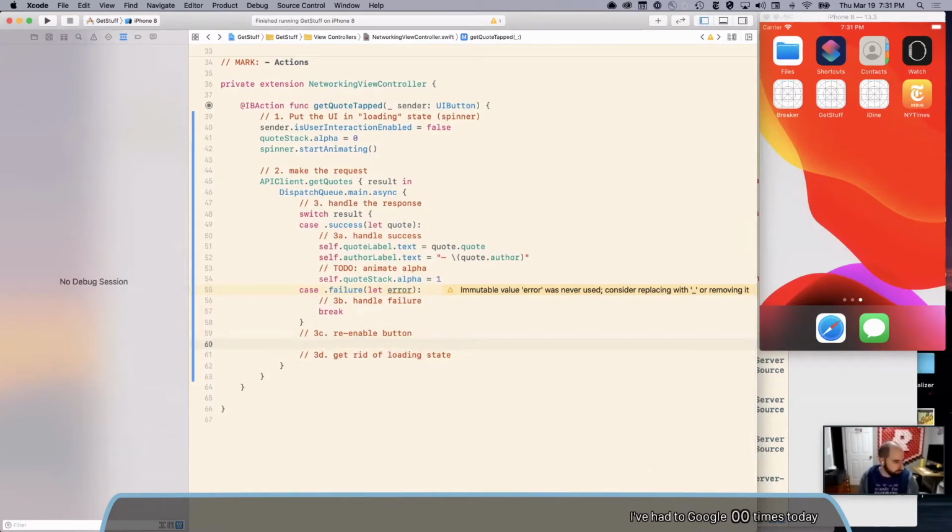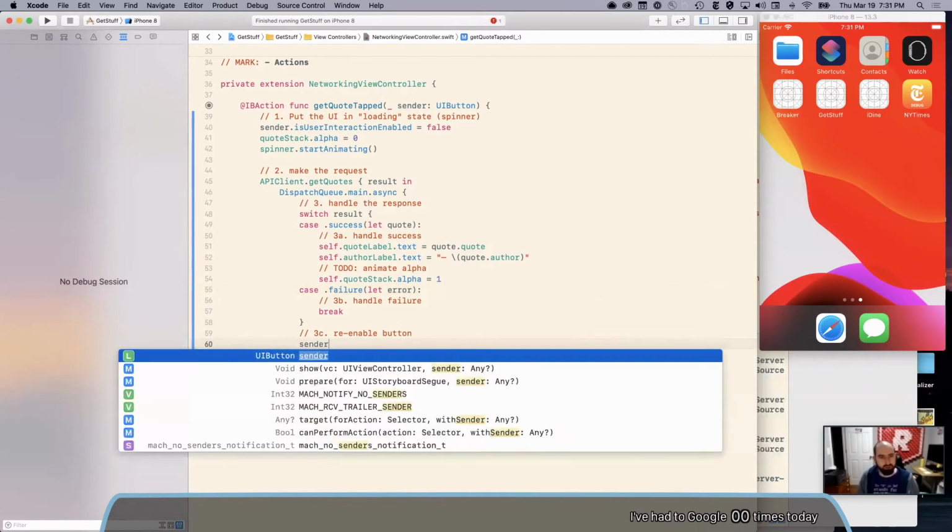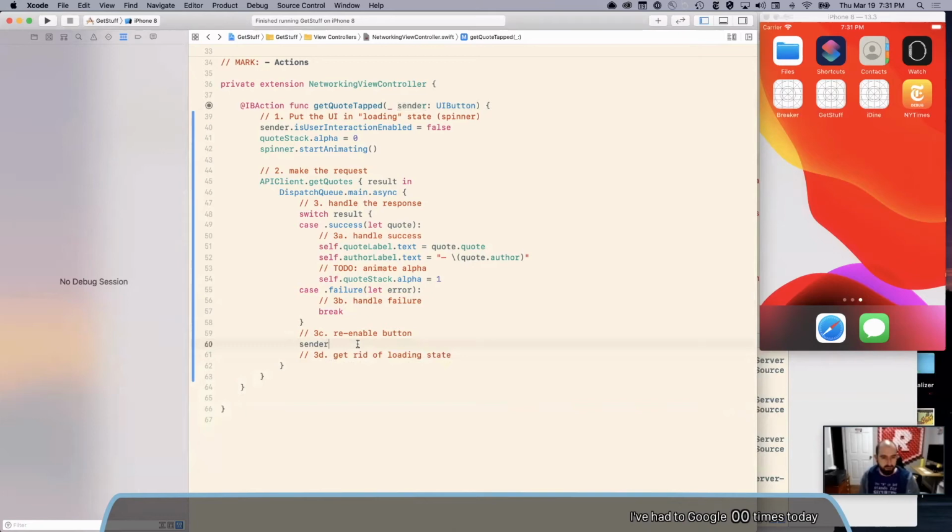So re-enable the button will be, what is it? Sender, right? It's just the button that was passed to us. We can just use that again. The sender's isUserInteractionEnabled is true, and